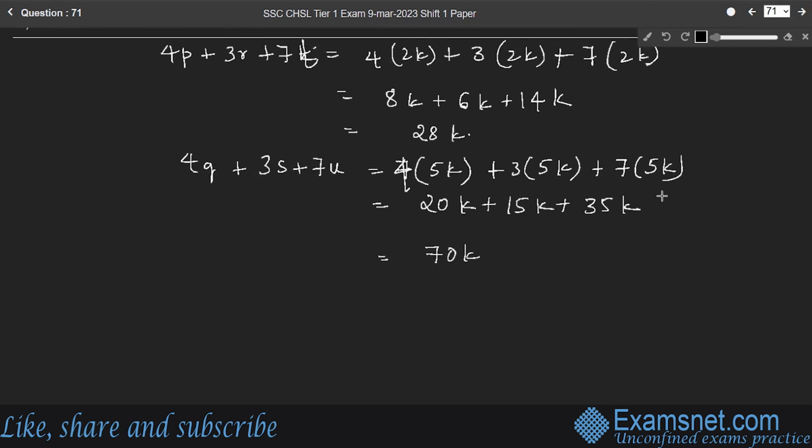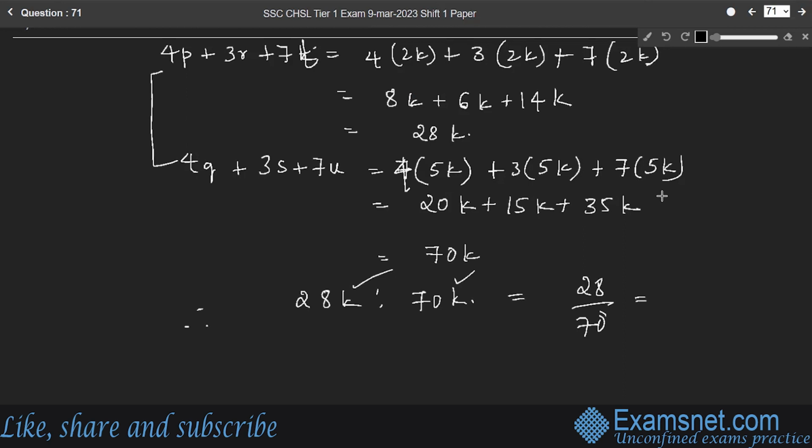Therefore, the ratio of these two expressions is 28K is to 70K. So we can write it as 28 by 70. Since K and K are constants which are same, 28 by 70,